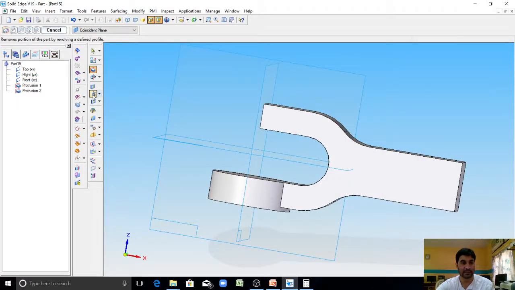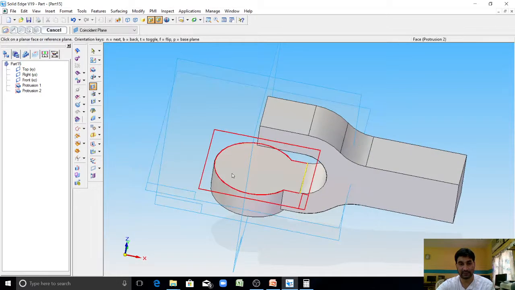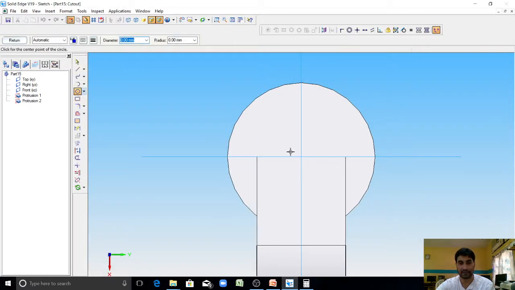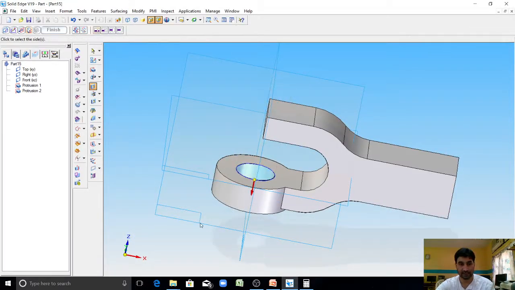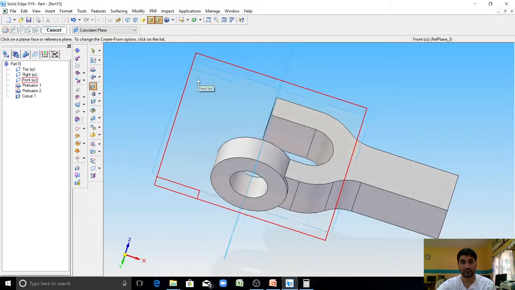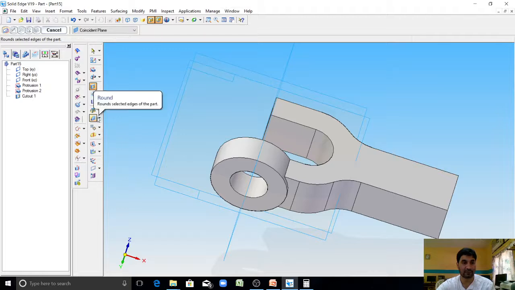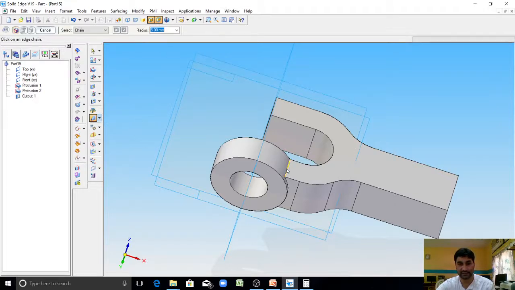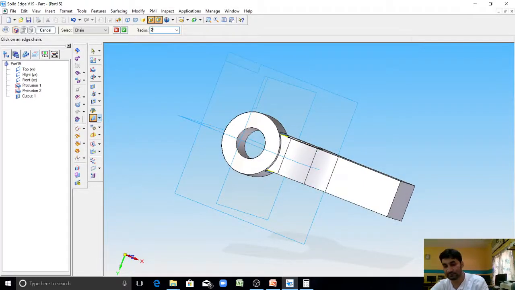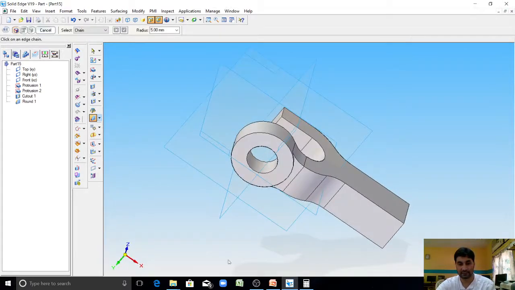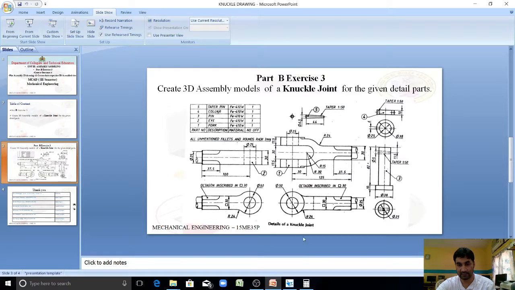Now using the cutout operation here, select this surface. We have a cutout of a 25 mm diameter hole here. Click on return. Click on through all and downward direction. Click on finish. Now you have a fillet of radius 24 mm. So use the round option here, select this edge, 24 mm, click preview, click finish. This radius is mentioned here, 24 mm.